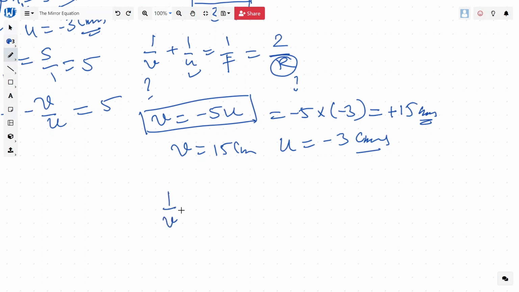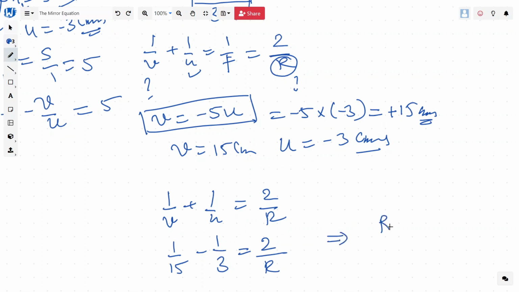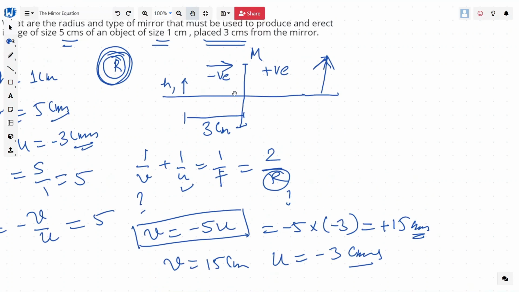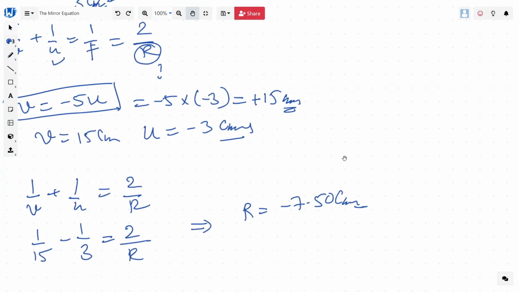So we have this formula: 1 by v plus 1 by u is equal to 2 by r. v is 1 by 15, u is negative, so minus 1 by 3, and this is equal to 2 by r, which we do not know, so we'll leave it like that. When we solve for it, r is minus 7.5 centimeters. So r is falling on the negative side. Looking at the sign convention again, r has to fall on this side, which means the mirror has to be a concave mirror. A concave mirror has a negative r. So that is going to be a concave mirror